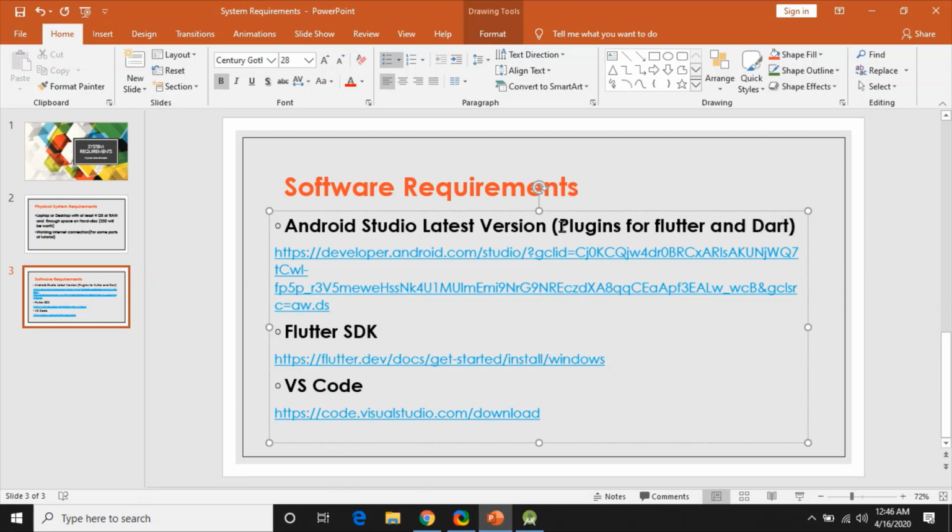And in VS Code you have to download the Flutter Dart extension. This is also required. These two things you need to install manually. They are not already installed while downloading the setup. So I will quickly tell you how to do that.